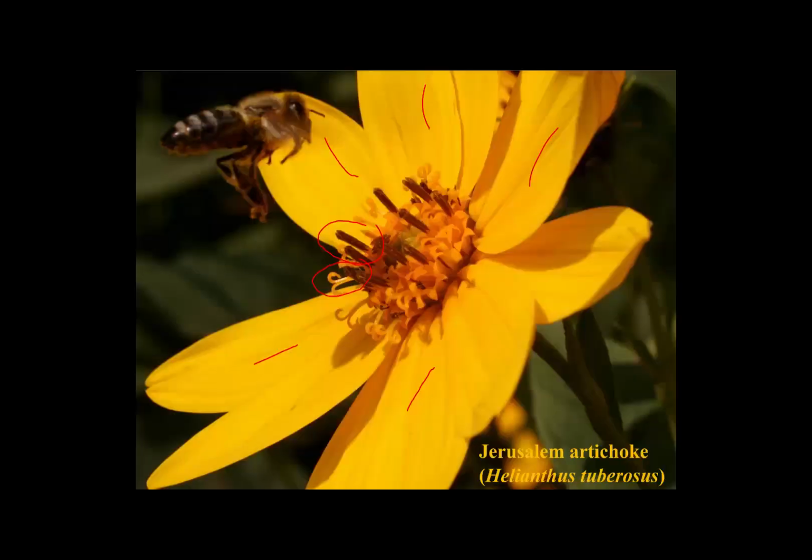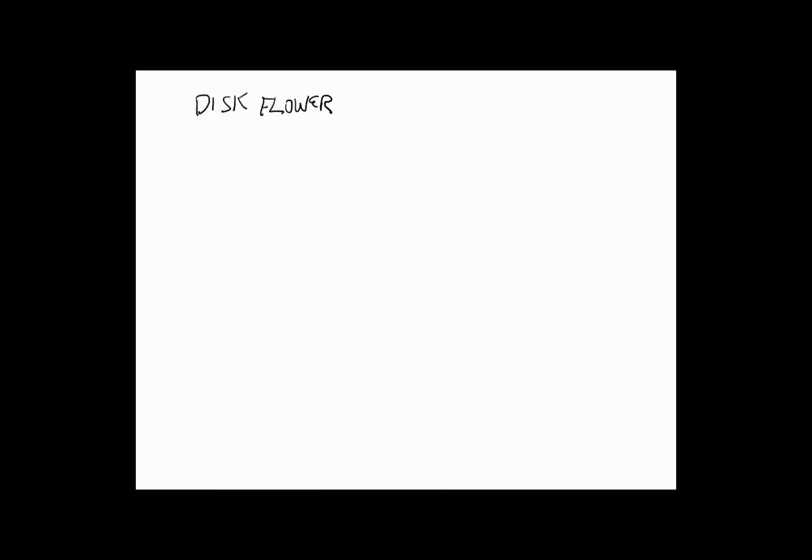All right, we've delayed it long enough. I must sketch. So what I would like to do is attempt to draw an Asteraceae disc flower. And this is an activity which would work a little better if we actually had a disc flower to analyze at the same time, but novel coronavirus. So I'm going to draw one of these individual facets. I'm going to back up a little tiny bit. So if you remove one of these that I just drew a circle around in the center and analyzed it,